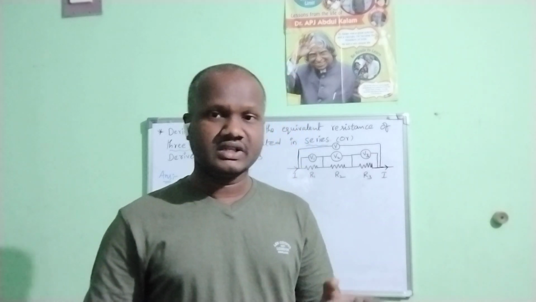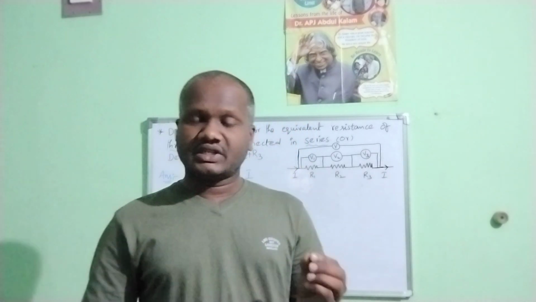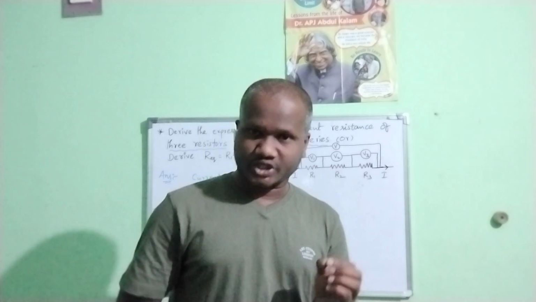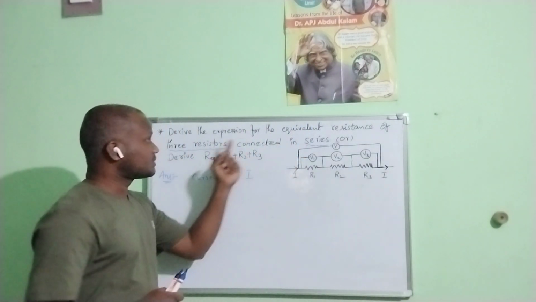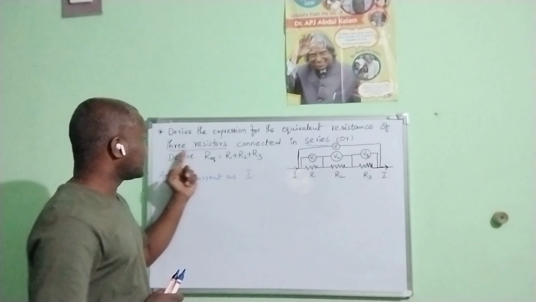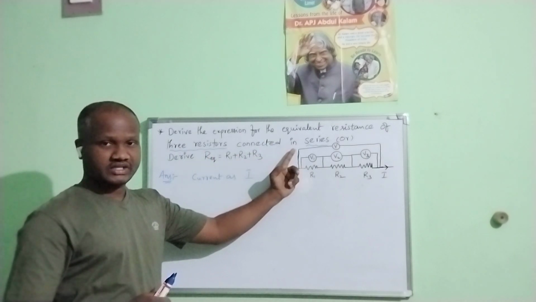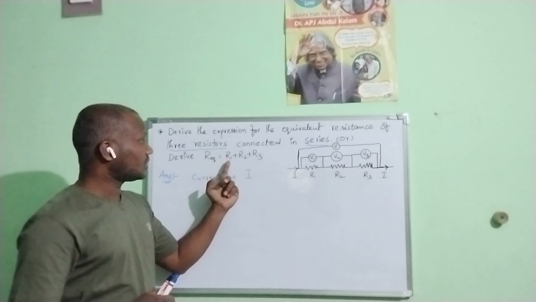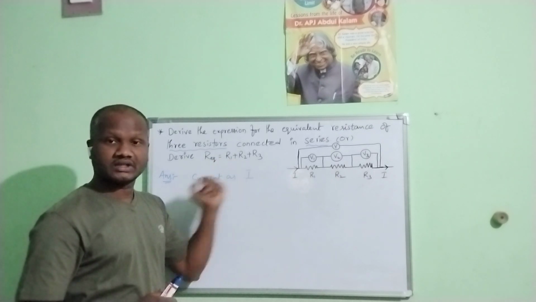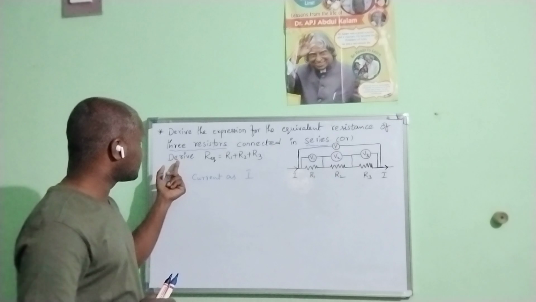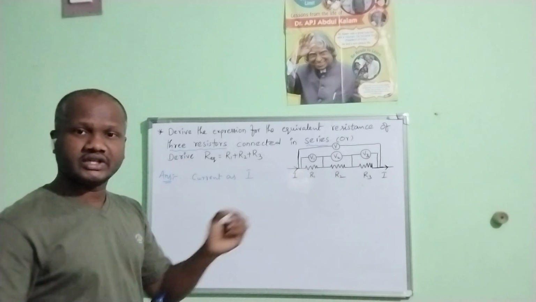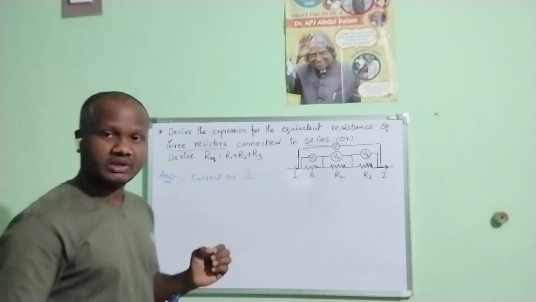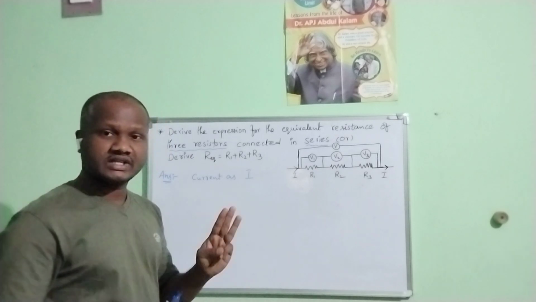What is the equivalent resistance when resistors are connected in series? In 3 ways they are going to ask this question. Derive the expression for the equivalent resistance of 3 resistors connected in series, or derive R equivalent is equal to R1 plus R2 plus R3. Sometimes in the place of derive they use the word deduce the expression for equivalent resistance when 3 resistors are